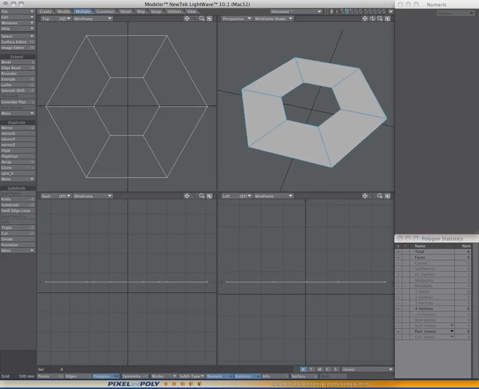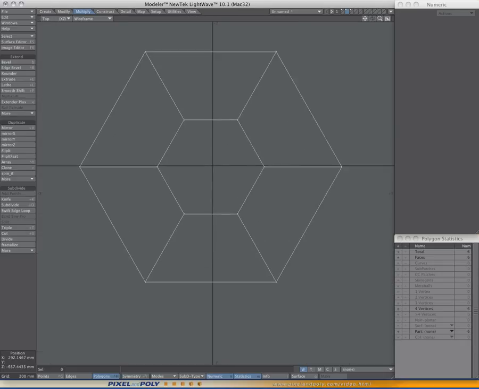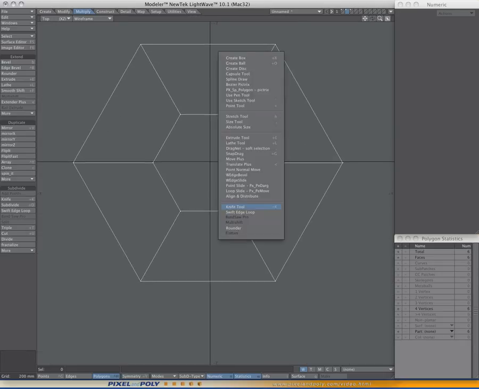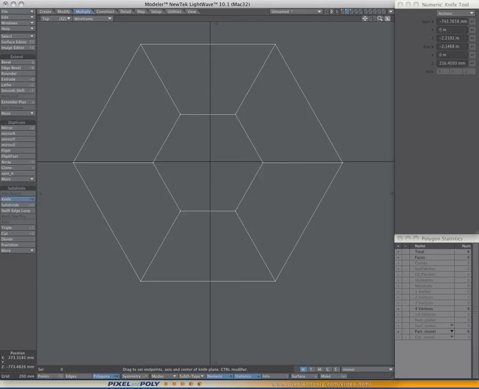So what we could do in this case is we could go back and start adding our control loops or our control edges to the outside like we did in the beginning, but the difference being this time we have these edges that are kind of radial edges that are going out from the inside cutout to the outside. So that will change things a little bit. So I'm going to go back to the knife tool, and I'm going to add some of these control edges to each of the sides,